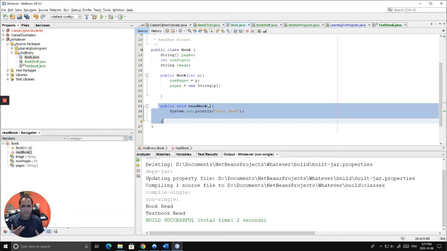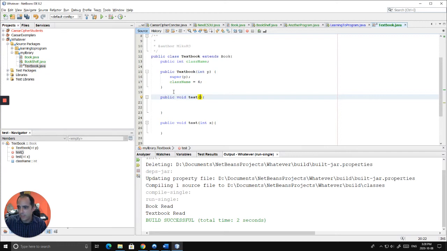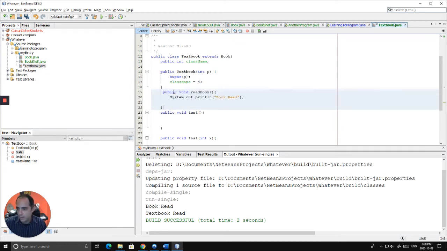But what if I wanted a textbook, the readBook method, to do something a little bit different? Well, that's where the concept of overriding a method comes in. So I can take this in my textbook and I can put in a method with the exact same name and I can change the behavior. So now it's going to say